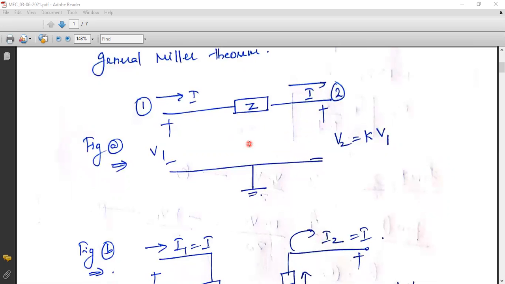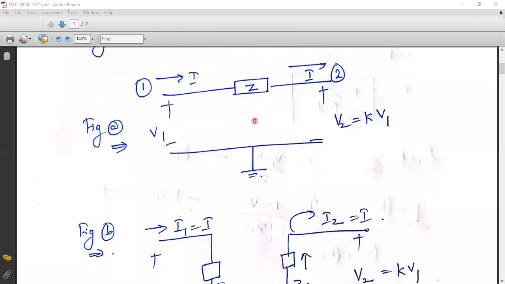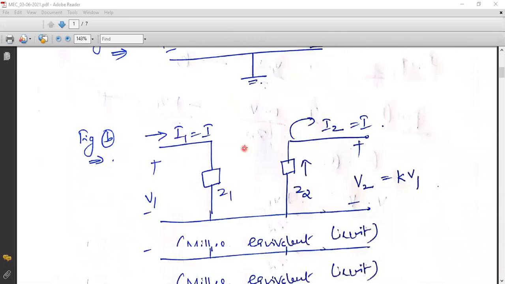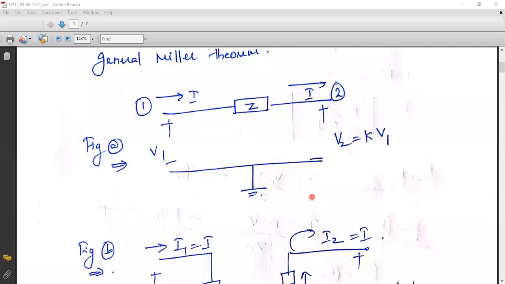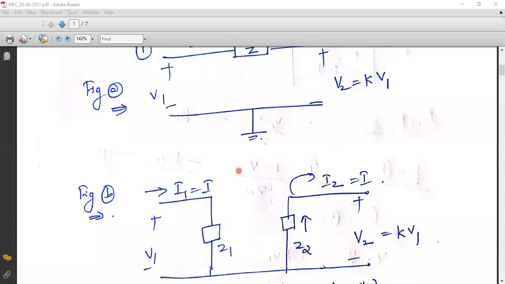Clear? So again, if you find any bridging capacitance between two terminals, it will be very difficult to find the equivalent resistance across that particular capacitance. Thereby, we can't find the cutoff frequency FH in a very fast way. To overcome that problem, we will make use of Miller's theorem, and we will convert the given circuit into a Miller equivalent circuit, so that it can be analyzed in a better way, in a fast way, as we'll be discussing today. Okay, so now you can take down these two figures, figure A and its equivalent circuit.